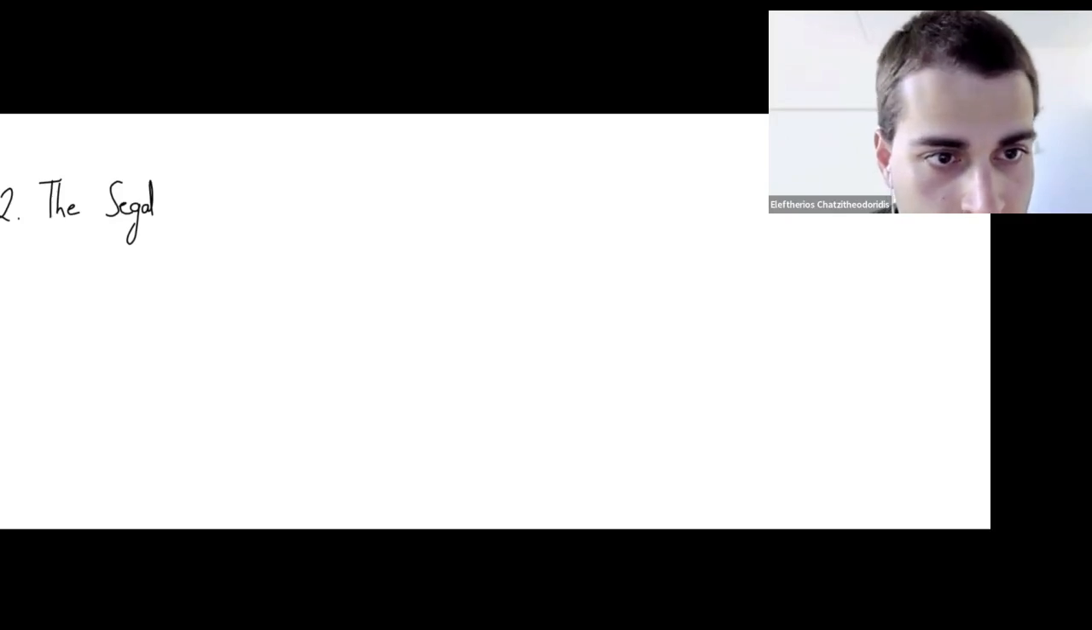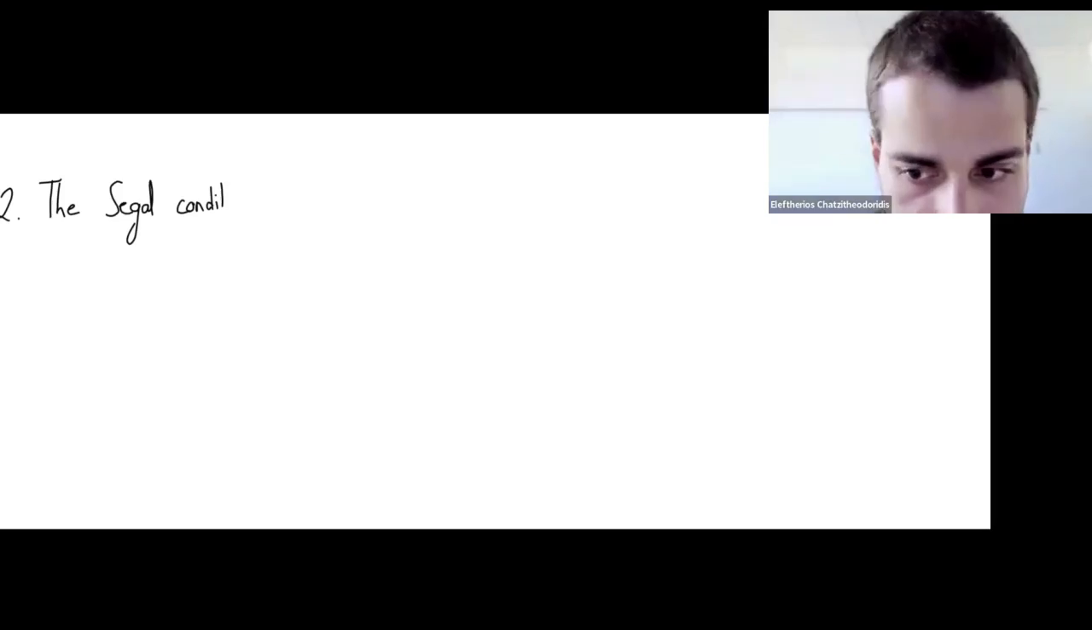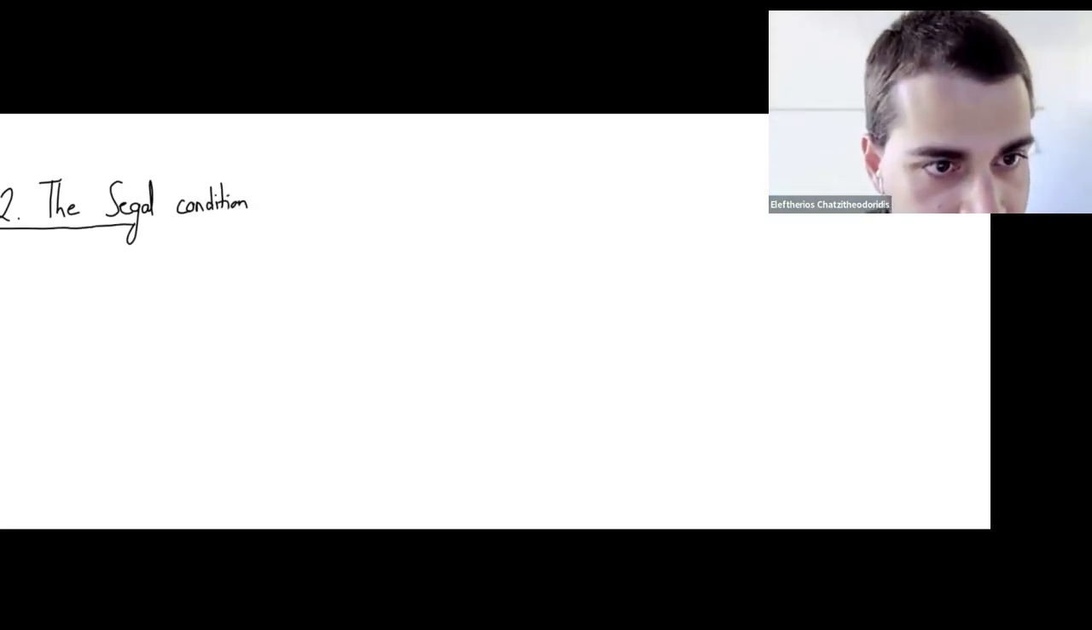Okay, so let's go to the next section, which we'll call the Segal condition, because this is really the thing that we can weaken, in a sense, and get our description. So the key observation to make here is that simplicial sets,